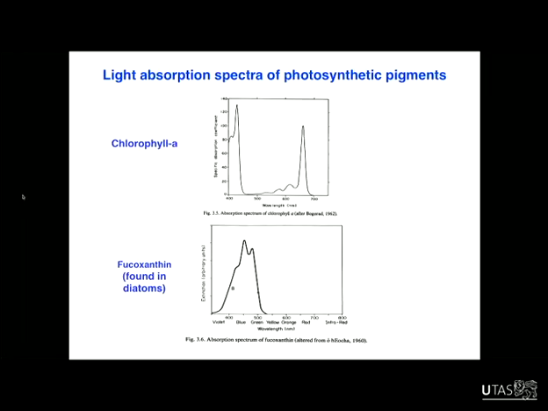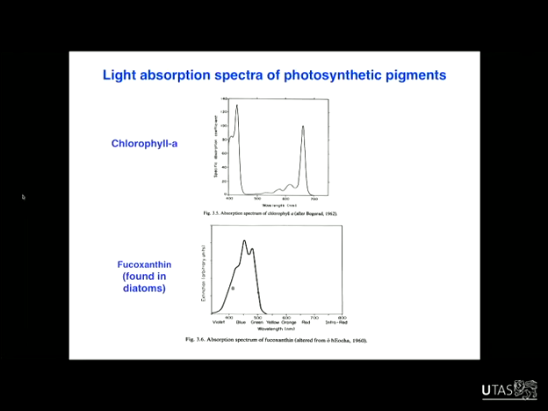So can anyone tell me why it might be advantageous for phytoplankton to absorb strongly in the blue? Think about propagation of light through the ocean. Yes. Yeah, blue. So blue penetrates more deeply into the ocean. All of the reds disappear in about the upper metre of the ocean, whereas blue light can penetrate much more deeply. So if you're a phytoplankton cell trying to carry out photosynthesis and you're at 10 metres depth, it's pretty useless trying to absorb just in the red because there's no red light left. That's why they absorb strongly in the blue.